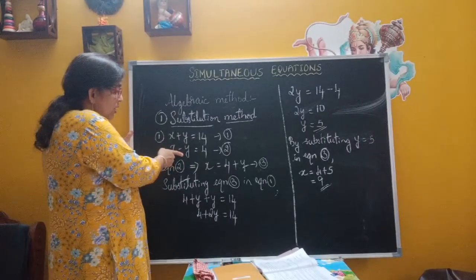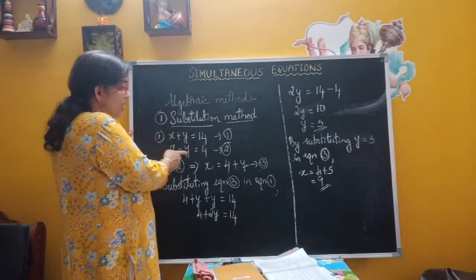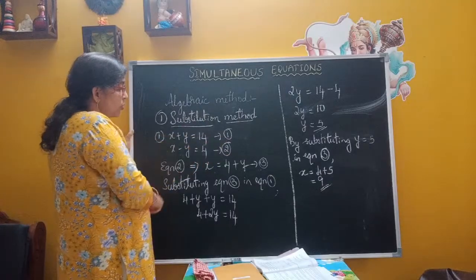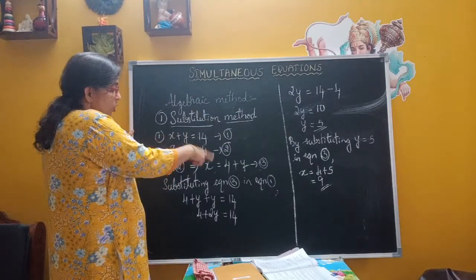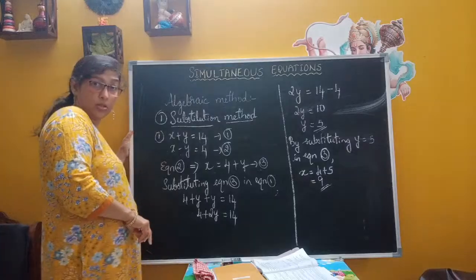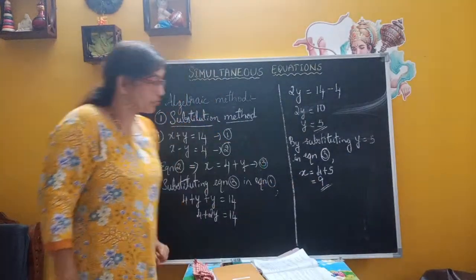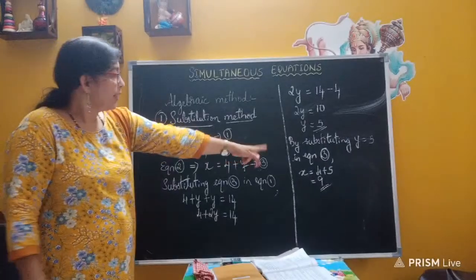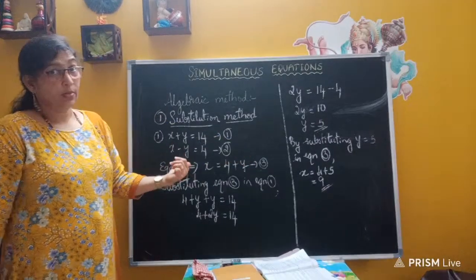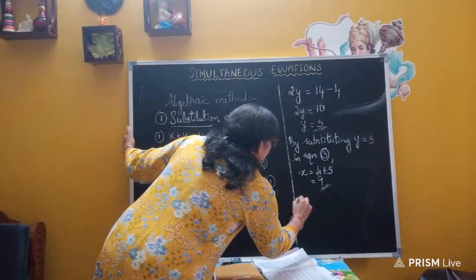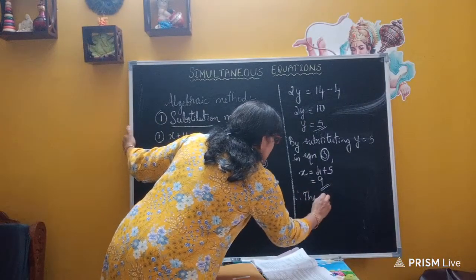If you substitute here in x minus y, that is x minus 5 is equal to 4, and then if you transpose it to the RHS, we get 4 plus 5, 9. x is equal to 9. So use any of the equations and find the value of x. And now we got the value. So what is the solution of this pair of linear equations? Therefore the solution is